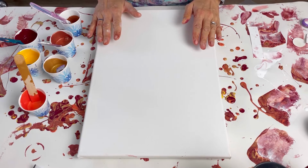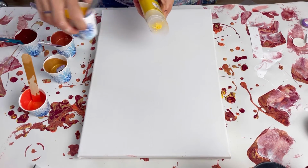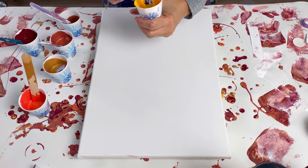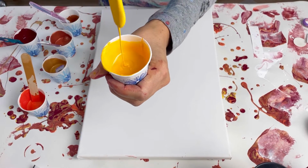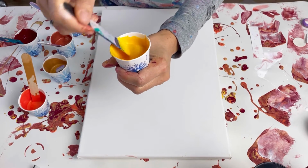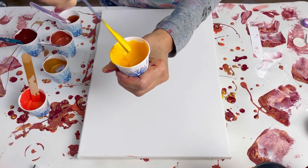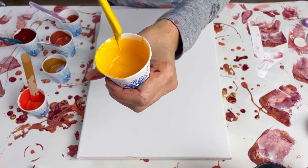So I've just poured, from my bottle, a little bit of the paint into a paper cup. And then I've just added a little bit more of the actual paint. So this is now not my Dutch pour consistency, it's now thicker. So I've basically thickened up every paint. I don't have a recipe, I just squeezed a little bit of extra in